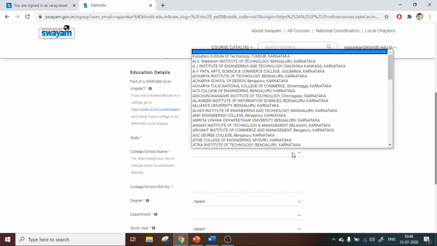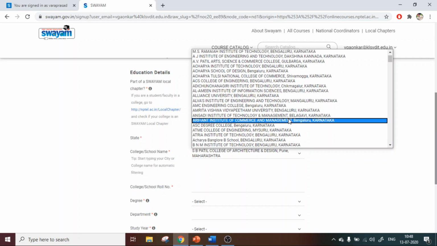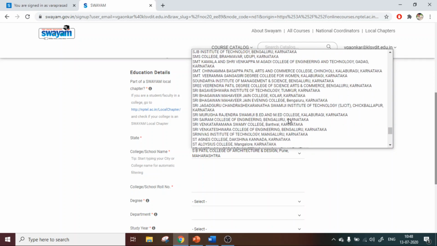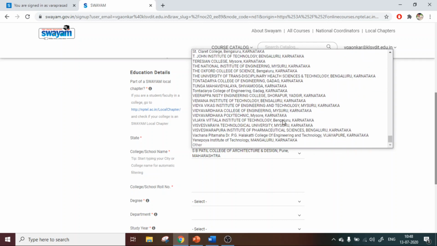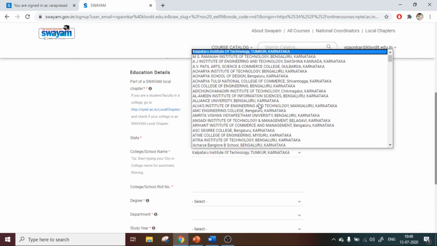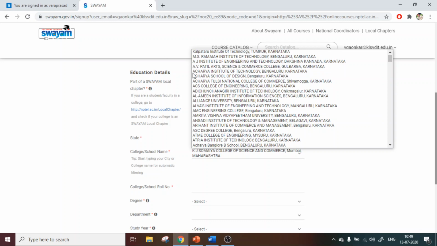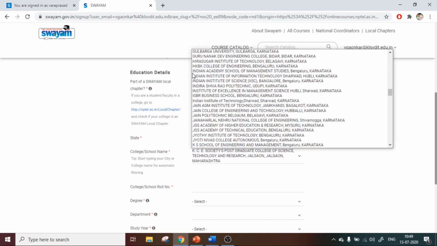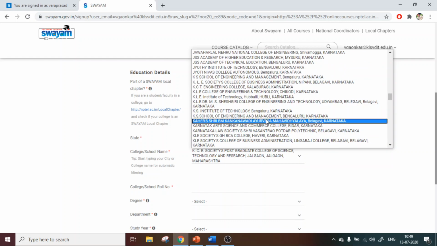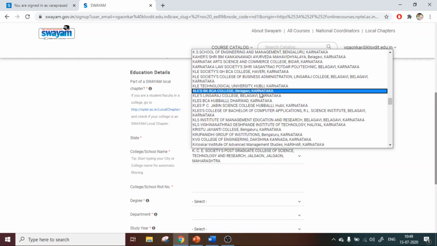Here for college, you just type KLS. You can select KLS Vishwanath Rao Deshpande Rural Institute of Technology.